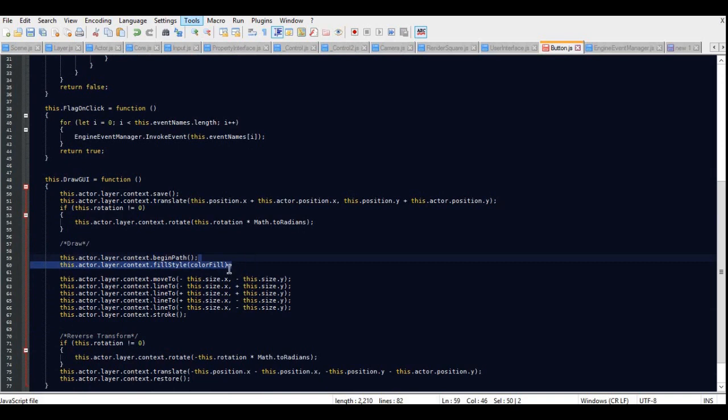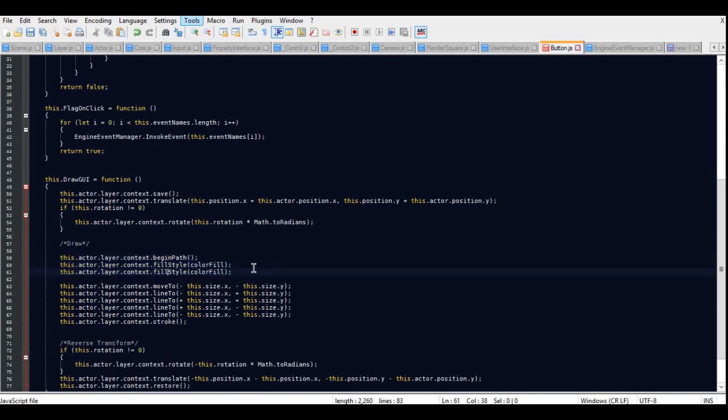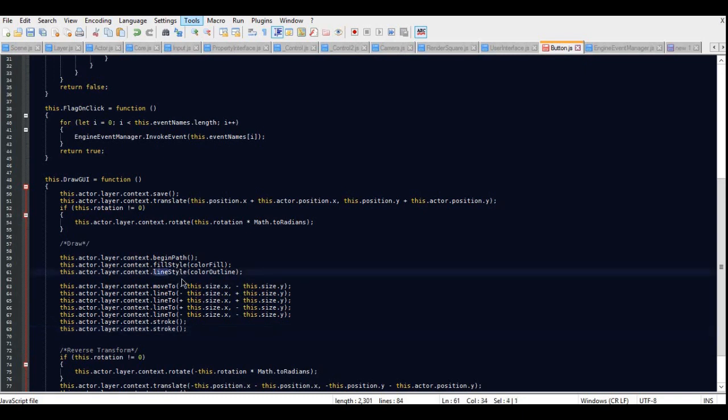And I think it's line style. Colour outline, we'll just leave it as colour. And we've got the stroke, well, it could be stroke style. And then I think we need to do fill rect,